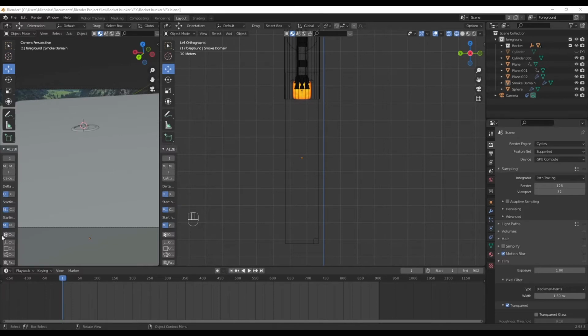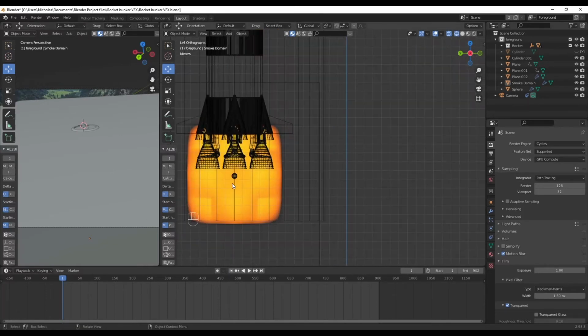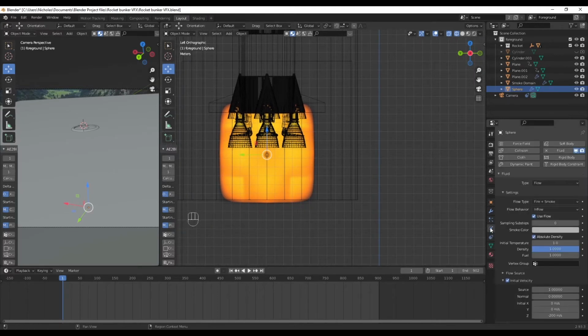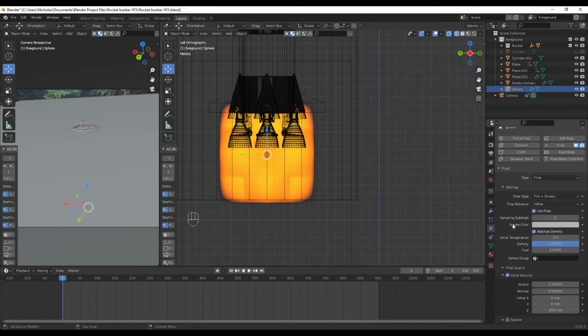Okay, so we want to make sure that this is selected, and we want to go to the physics tab, and then